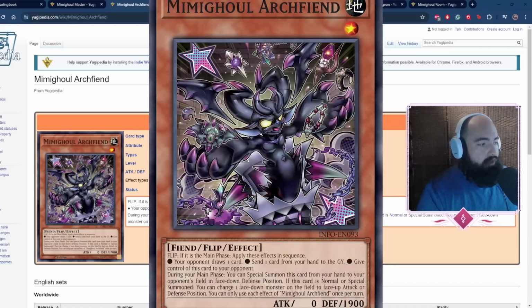Next up, we have Archfiend. Archfiend is one of your best Mimighoul monsters you want to add for yourself. It is an Earth Fiend, level 1, 0 attack, 1900 defense. Flip effect, if it is the main phase, apply these effects in sequence. Your opponent draws one card, send one card from your hand to the graveyard, give control of this card to